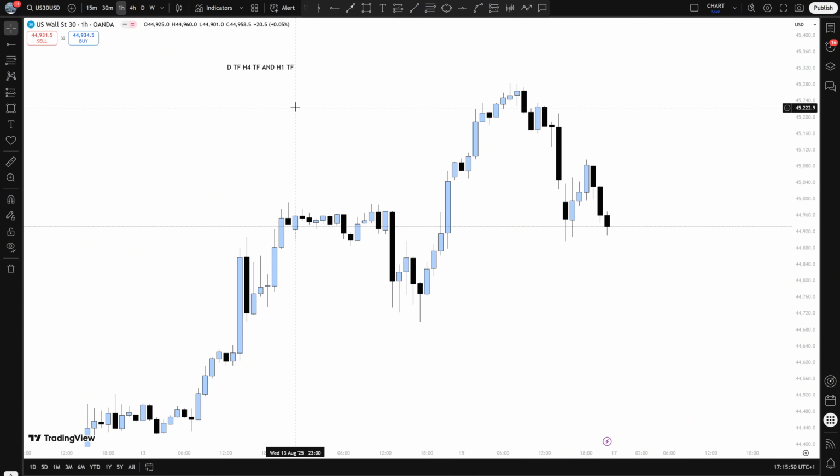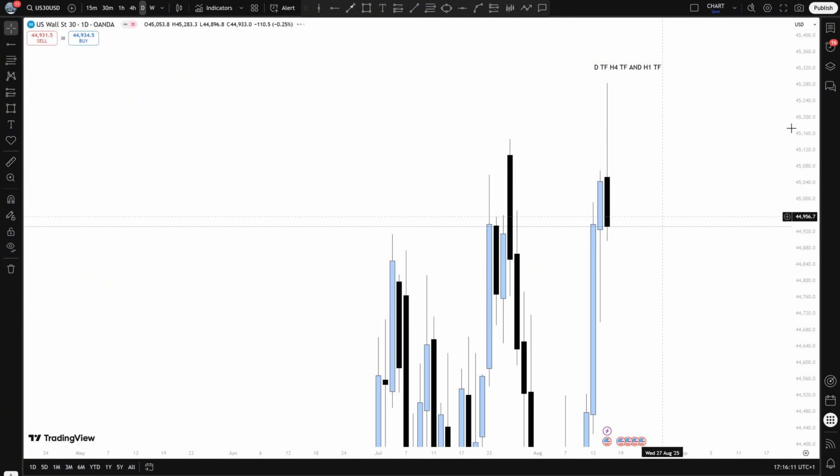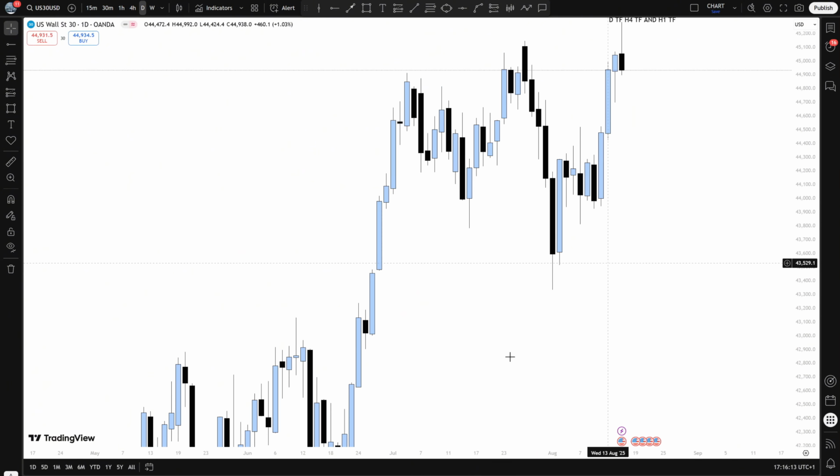So the daily time frame is to identify the trend of the market and the pattern that the market is currently creating. Either the daily time frame is giving us a bearish engulfing, and you all know what we do is look for a selling opportunity, or a bullish engulfing, to look for a buying opportunity, or a double bottom or a double top. And also the trend. So now we are going to go to the daily time frame on the US30 market,